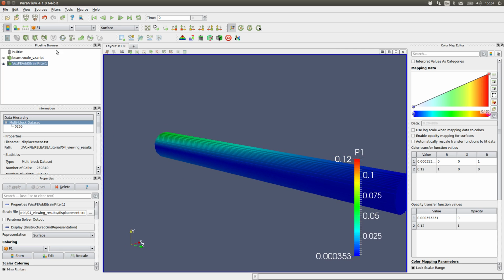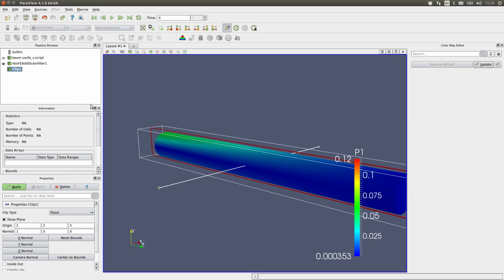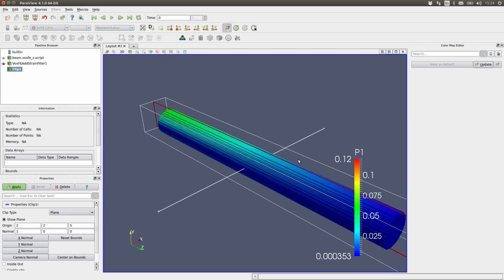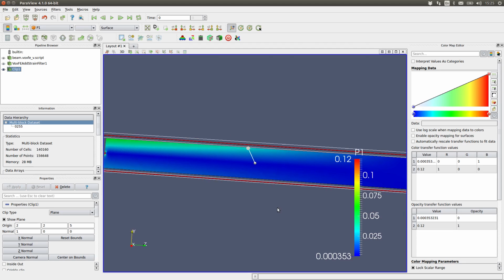One thing that we can do is use the clip filter to actually see what's happening inside, and as we mentioned before, the way that the clip works is to keep the side where the arrow is pointing. So if I go ahead and click that,